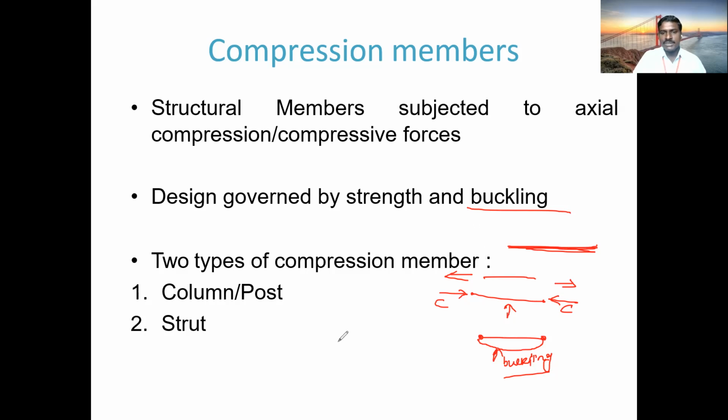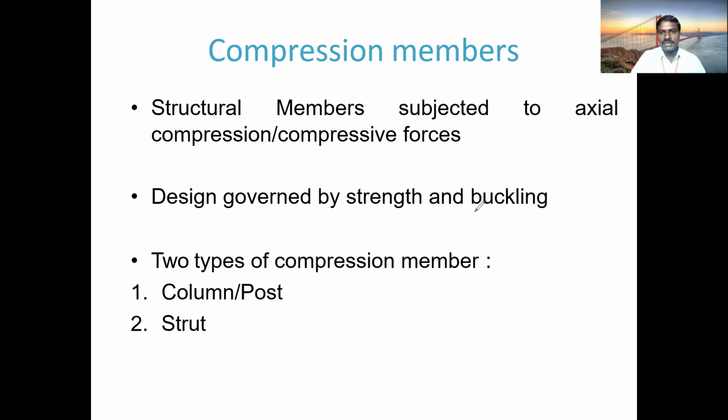And that depends upon the length of the member. How much buckling will occur depends on the length. Okay, we will see while calculating the load carrying capacity the procedure for how to calculate the strength of this particular compression member. Okay, so the major thing is buckling. Only buckling is the major thing here, and that depends on the length. Similar in the tension member.